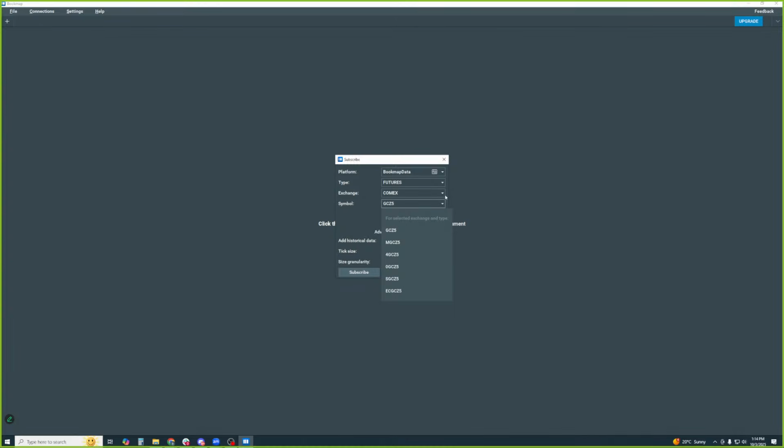Let's click on that, and we're going to choose futures. Then the exchange here, let's click on that, and you can see I have all four. I have the bundle, but I'm going to select CME, and then if you don't see the symbol listed here, just start typing it in. So we're going to type in ESZ5